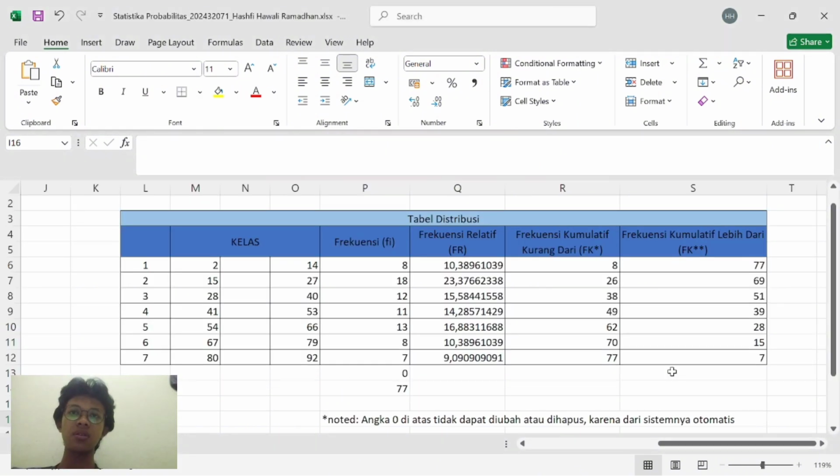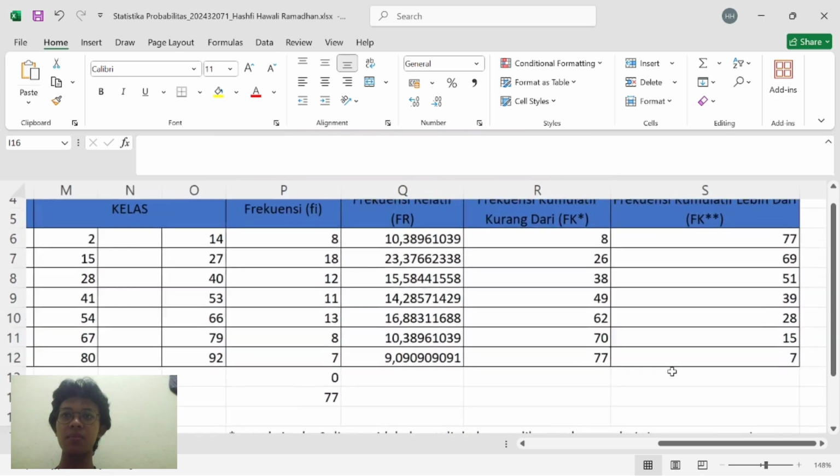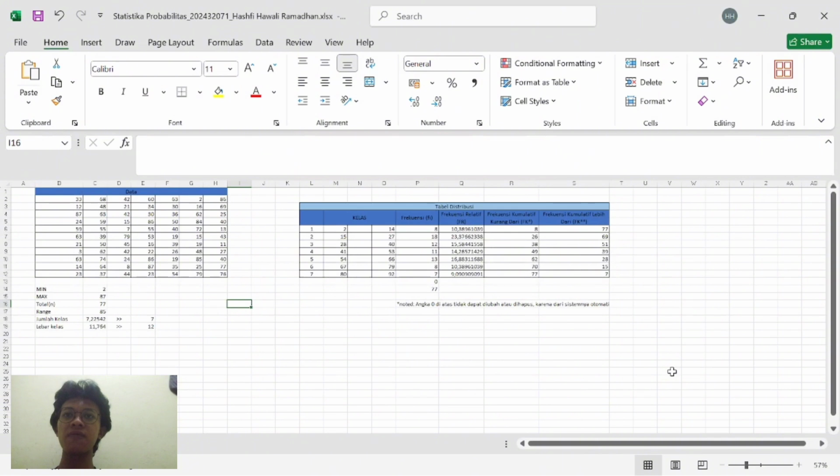After the explanation earlier, I will explain the probability table data. 1. Lower bound of the first class. The first class lower bound is taken from the minimum value in the dataset. Number 2. Upper bound of the first class, we find by adding the class width to the minimum value.